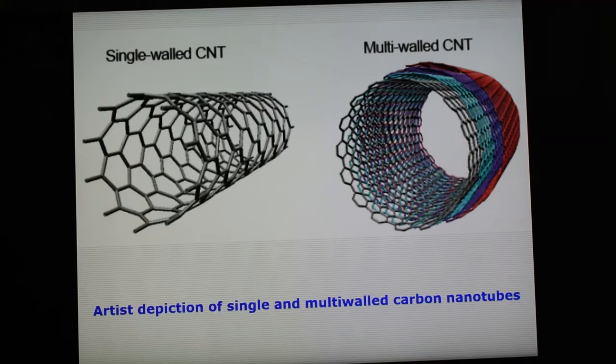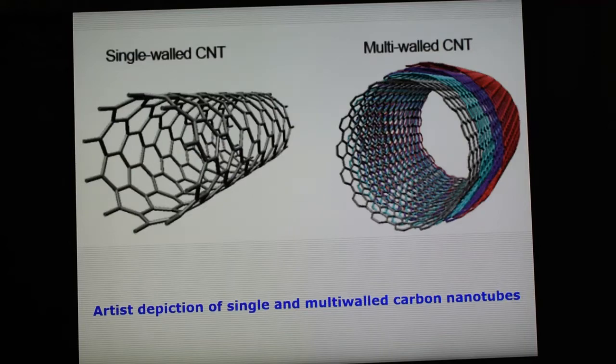Another is multi-walled carbon nanotubes. These multi-walled carbon nanotubes are elongated cylindrical nano objects made of sp2 carbon. Their diameter is 3 to 30 nanometer and they can grow several centimeters long. They are allotropes of carbon that have a high aspect ratio, meaning length to diameter ratio. They are also called double or triple wall CNT.